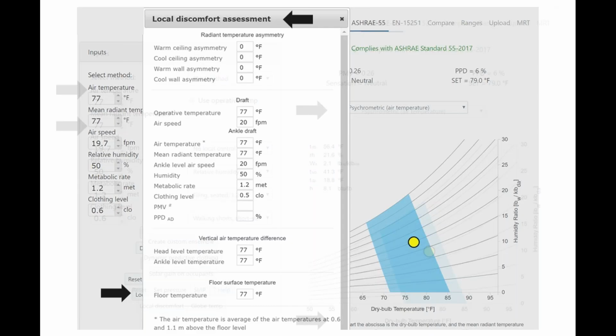So then there's the local discomfort assessments, and we mentioned this: the radiant asymmetry, the drafts, the vertical air temperature difference, and of course the floor surface temperature. We can calculate these things, or we can make some reasonable estimates, judgment calls as practitioners, what these numbers could be, and it will tell us whether we're going to be in compliance or not with the standard based on